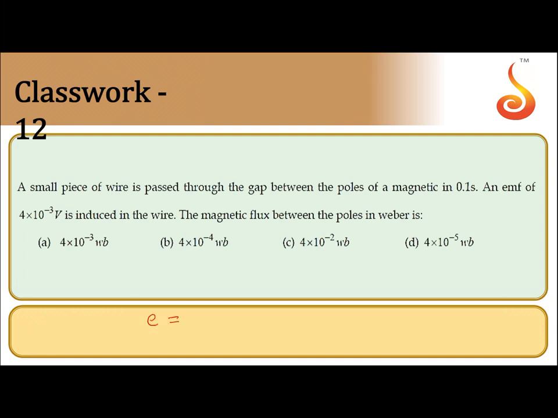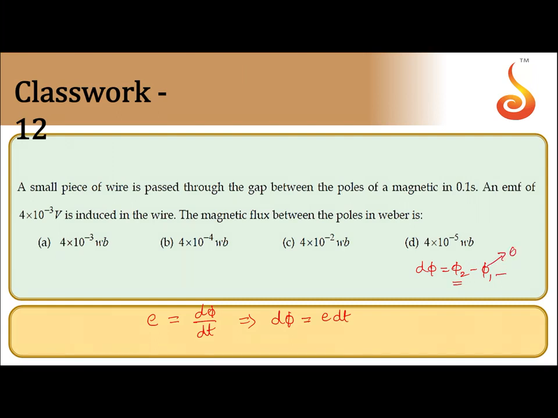So we know that EMF induced, magnitude, is d phi by dt. So d phi should be equal to e dt. And notice, d phi is phi 2 minus phi 1. Phi 2 is between the poles, phi 1 is outside, and we know that phi 1 is equal to 0,